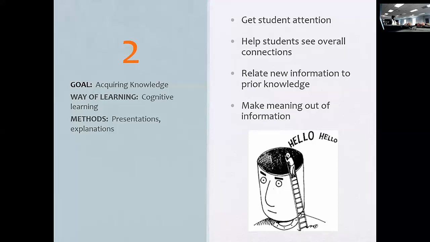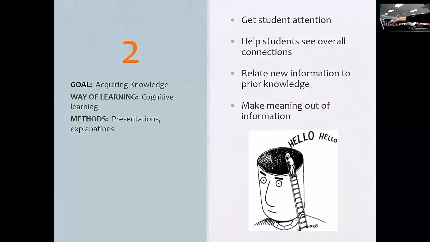If we're learning something unfamiliar, it's unfamiliar for a reason, because we don't know it. But if we attach it to something that we're familiar with, we're more likely to understand the overall connection. So that is really important as you start designing instruction and thinking about instructional strategy selection: will this instructional strategy pull from something they already know and connect it to what I'm trying to teach them?